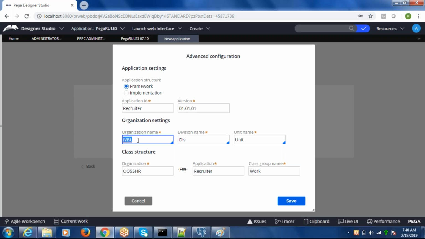All right, because while creating this, it will create a class in the background. While we define any application, Pega will create a class which you can see here, and the class structure will have the organization name as well. So whenever you specify the organization name, it will take this name while we have a class created in the background. In case you are providing a big organization name, the class will also grow. So that is the reason, keep it short always.